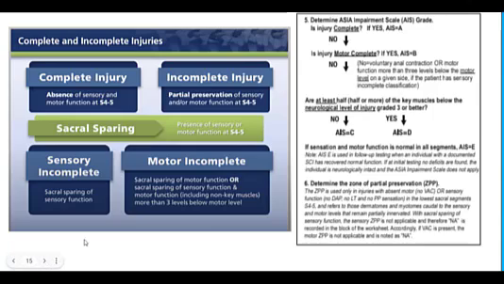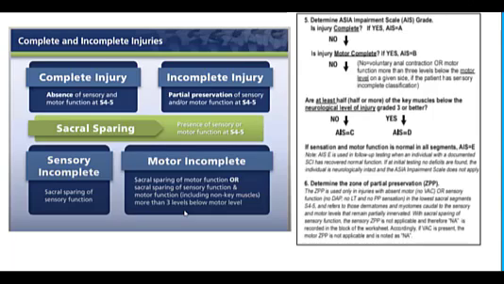Now, we're going to think a little bit about a complete injury. Again, we just talked about that. But an incomplete injury is when there is some partial preservation of sensory or motor function at S4 and S5. A term that you'll hear is sacral sparing, and that's just the presence of either sensory or motor function at S4 and S5. But some other terms that you're going to hear are sensory incomplete, which means that we have sacral sparing of sensory function, and motor incomplete, where we'd have either sacral sparing of motor function or sensory function